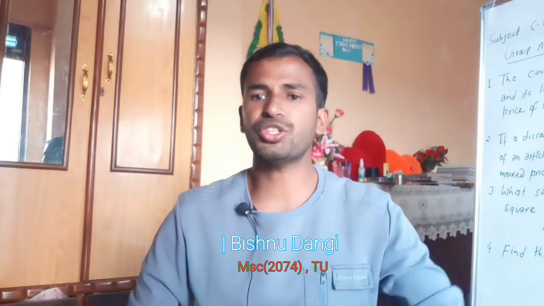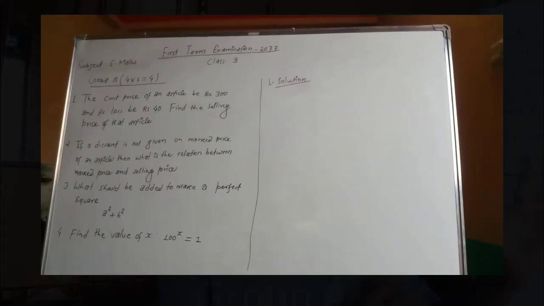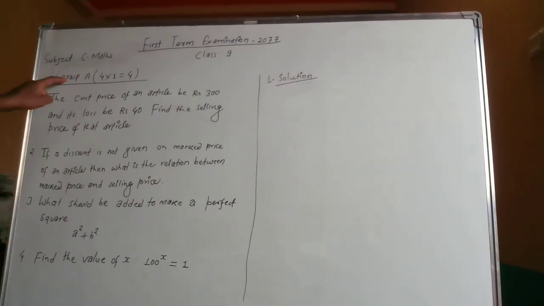In this video I am going to solve some simple but tricky questions. That means to know this type of question we have to watch this video till the end. Let's move into today's lesson. There are 4 groups. I am going to start from group A. There are 4 questions and each question contains 1 mark. Let's begin from the first question.